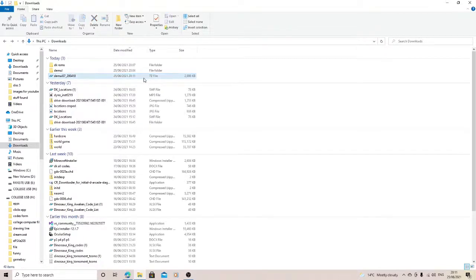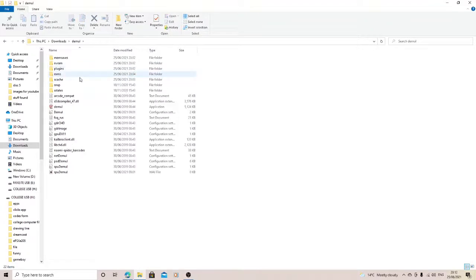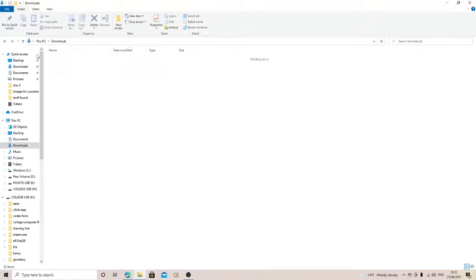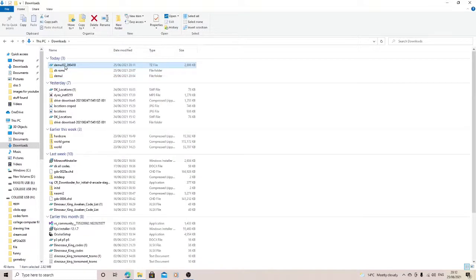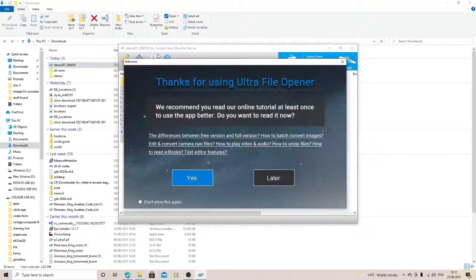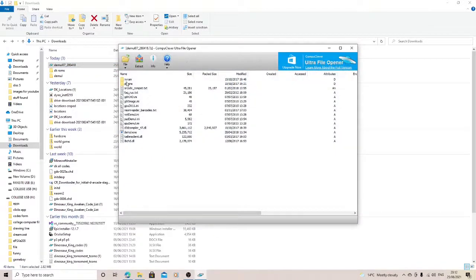Well, you know what I mean. You extract the files and you should get a folder similar to this. As soon as you get this folder, you click into it and you'll get all of this. Now when you have all of this, you might be missing some of these. For instance, I think you might need to make a ROMs folder. Let me have a check for you. Yeah, nvram and plugins are here,